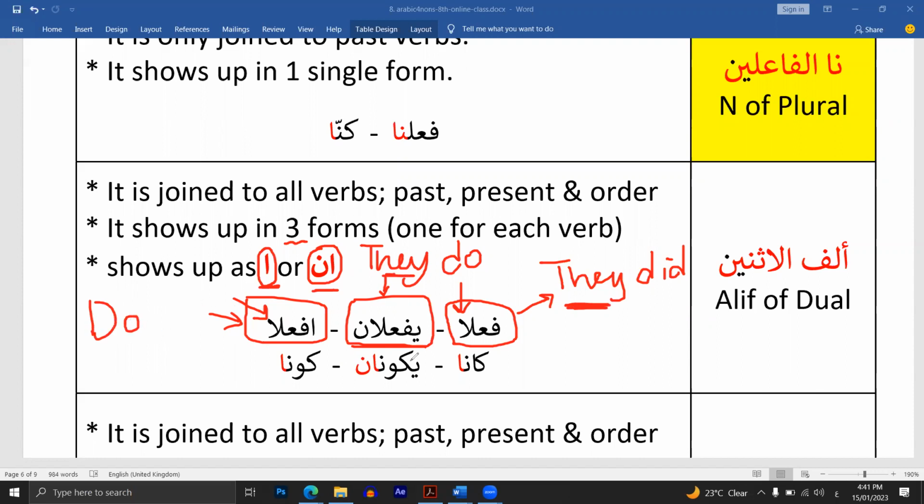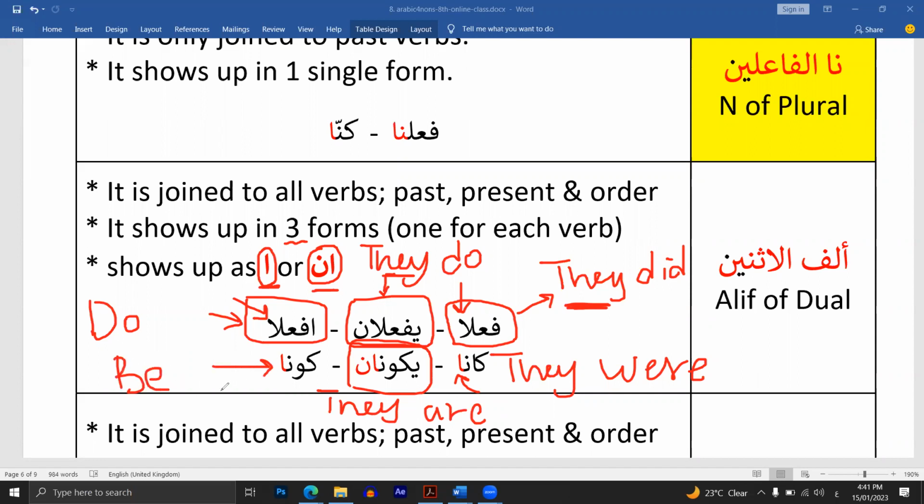You do, okay? The second example with كان, the only difference, as we said, it will be here the noun of كان. كان, again, ألف. This is in the past. كان, they were. يكونان, they are. And كونا, be. It's a command. I'm giving a command. Okay.